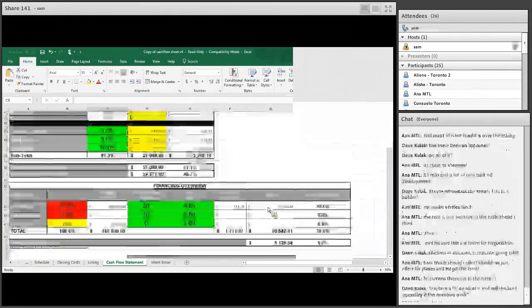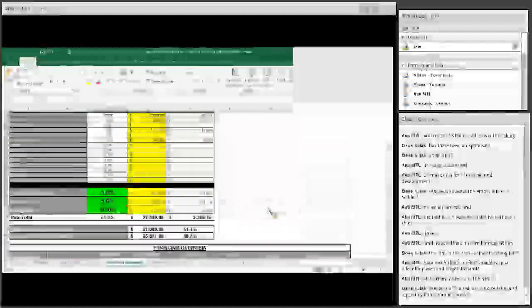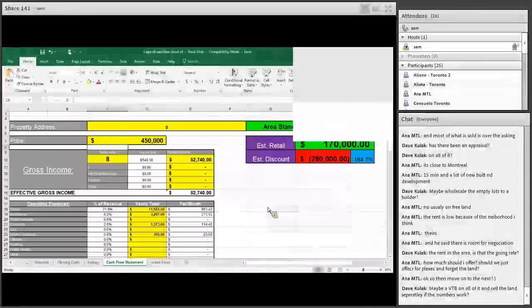Okay, so the land, I don't know what you're going to be able to do with the land. He can't do anything with it. It looks like it's in a retail state. I don't know what else you can do. You can attempt to wholesale, but the dilemma with wholesale is you've got to know that the property's worth more than what they're saying. Because right now, let's be honest,